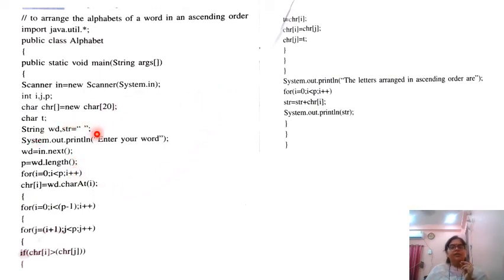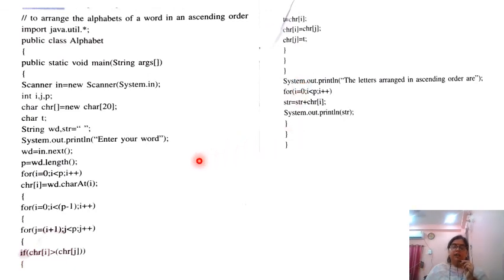Okay. Now character. Here first we have found out the length. Till the length the string will work. Then we have taken out one character, as in the string programs you must be knowing. I have told you that whenever a string program comes, if there is extraction of the string, then before the loop you have to take out the length, and within the loop you have to take out one character, okay. So here is how we are going to do it. Now the sorting has been done, and like this we will take out one character from the string. See, the sorting has been done here.